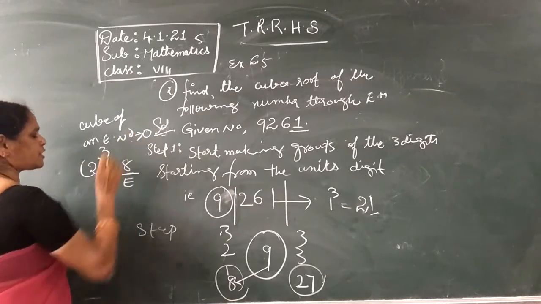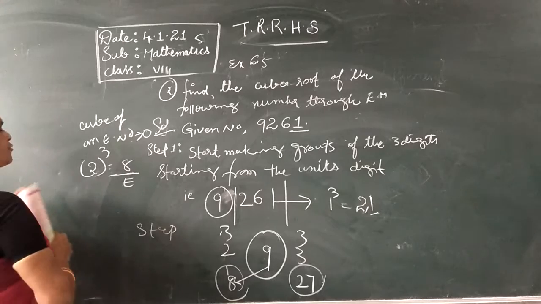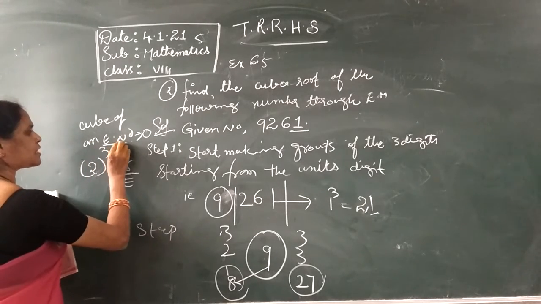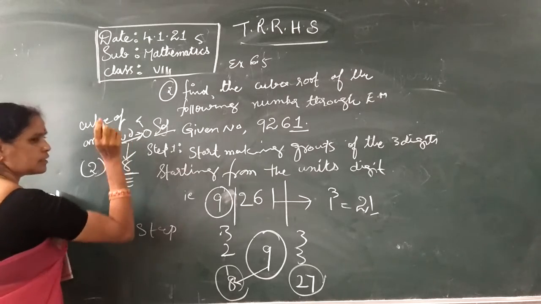So the answer they given here is odd: cube of an even number is an odd. So if you do any even number cube, the result is odd, they are saying. So that is false. So the result is always even.